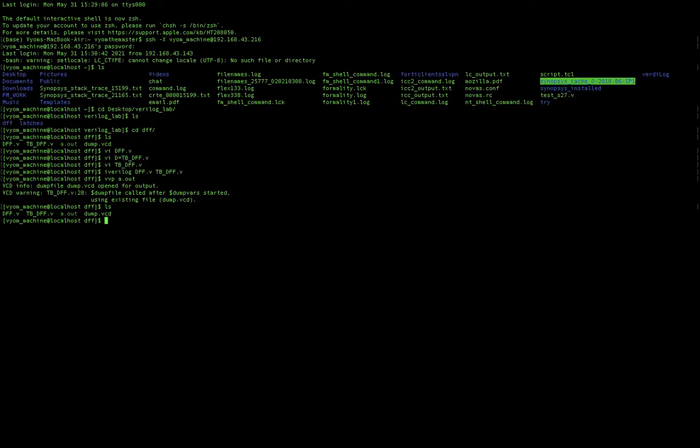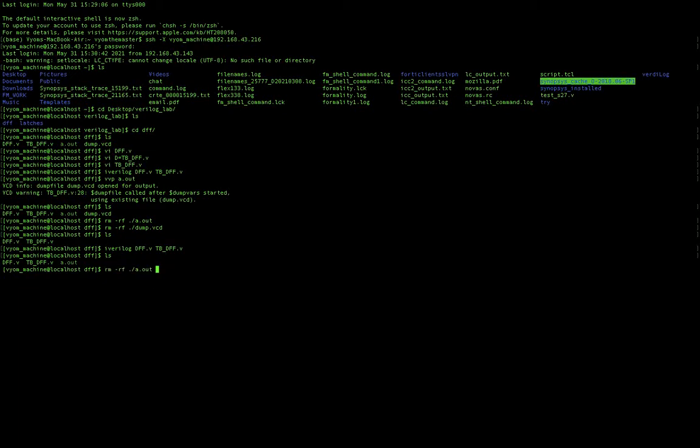So I can do this again by removing that file. For removing these files, I am using this command, rm -rf a.out and the dump file. Now you can check both files have been removed from here, and now I am running the iVerilog simulator again. Now you can check a.out has been generated here.